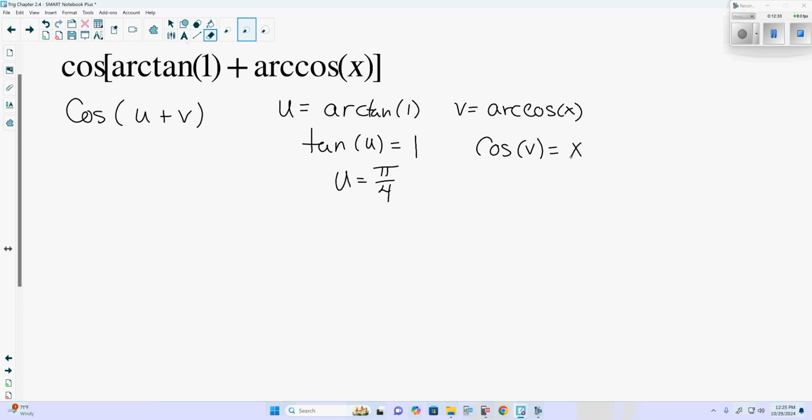It is a variable. We don't have that on the unit circle or ways to find it, unlike tangent of u equals 1. There's a nice value for it. There's a nice angle that works. So here, all right, guys, if we're not sure, we haven't used variables, we default back to a triangle where our angle here is